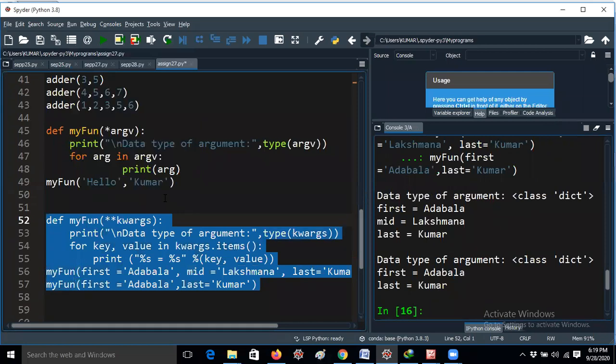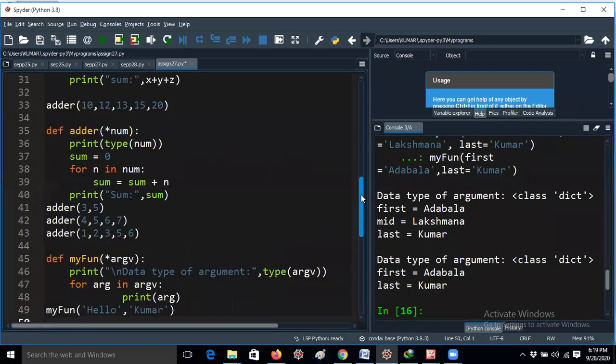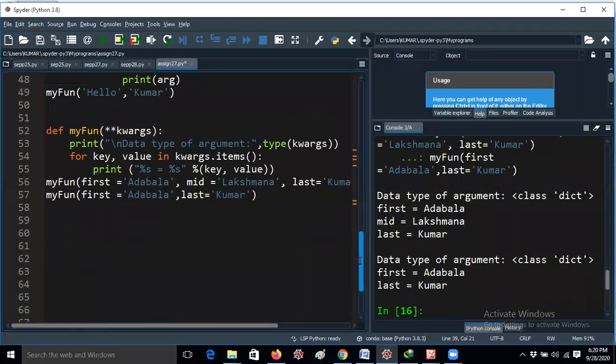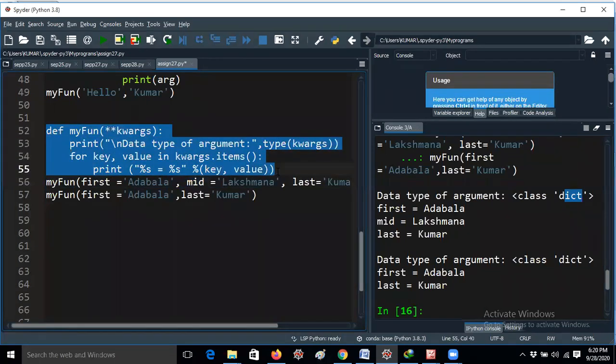Just now I told you that by default the parameter takes the type of num. Whenever I give a star, this is an argument, but num acts like a tuple in our data types. But here dictionaries will take place. Whenever you use keyword arguments with star KWARGS, these four lines will not be executed first.